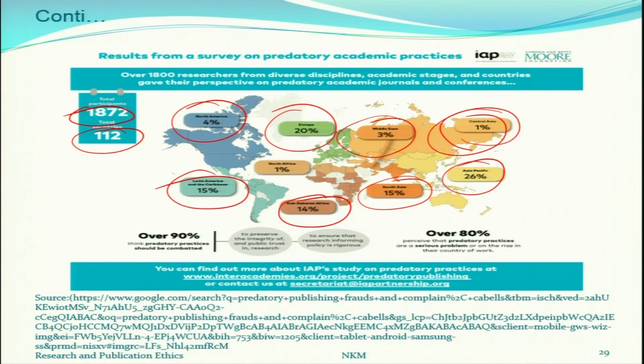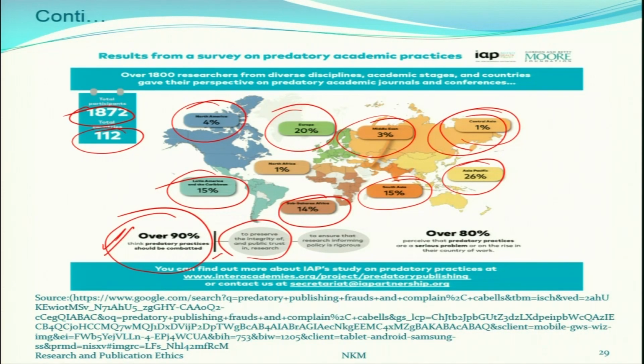So we have some interesting findings out of this case study. Over 90% think predatory practices should be combated. They are serious about these kinds of practices, to preserve the integrity and public trust in research. That's a very important point. So 90% of all these research respondents